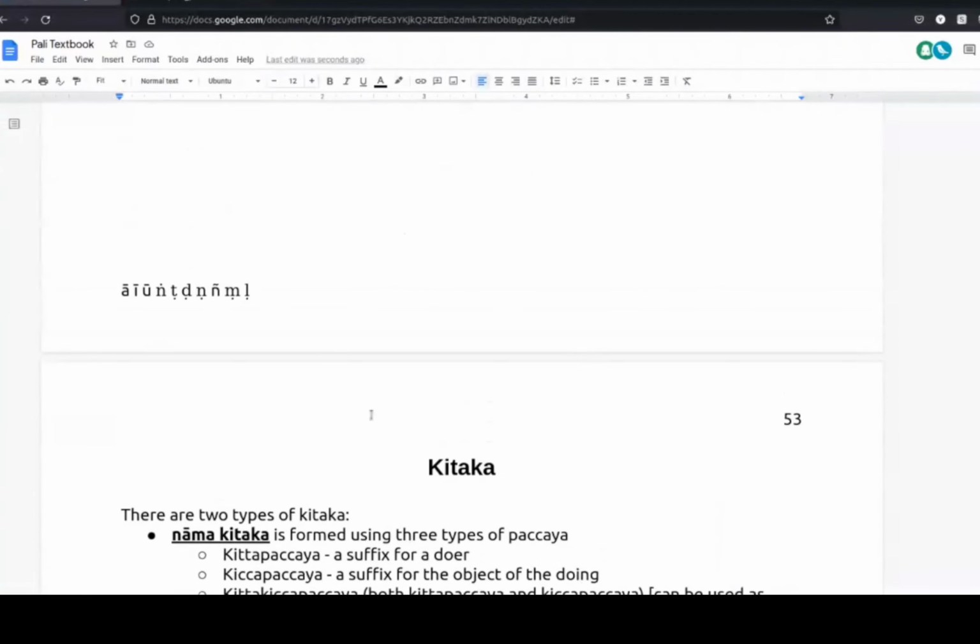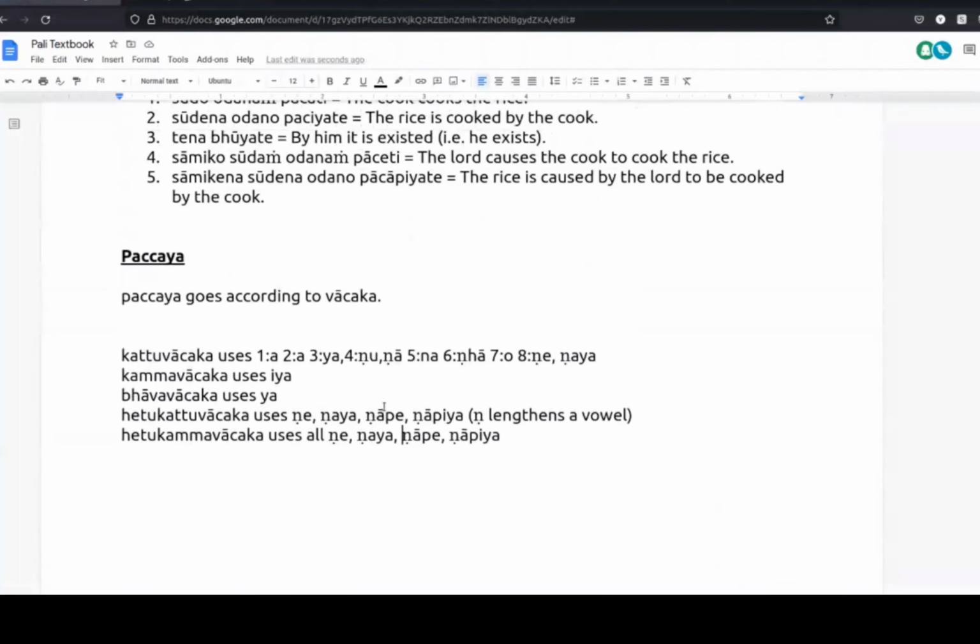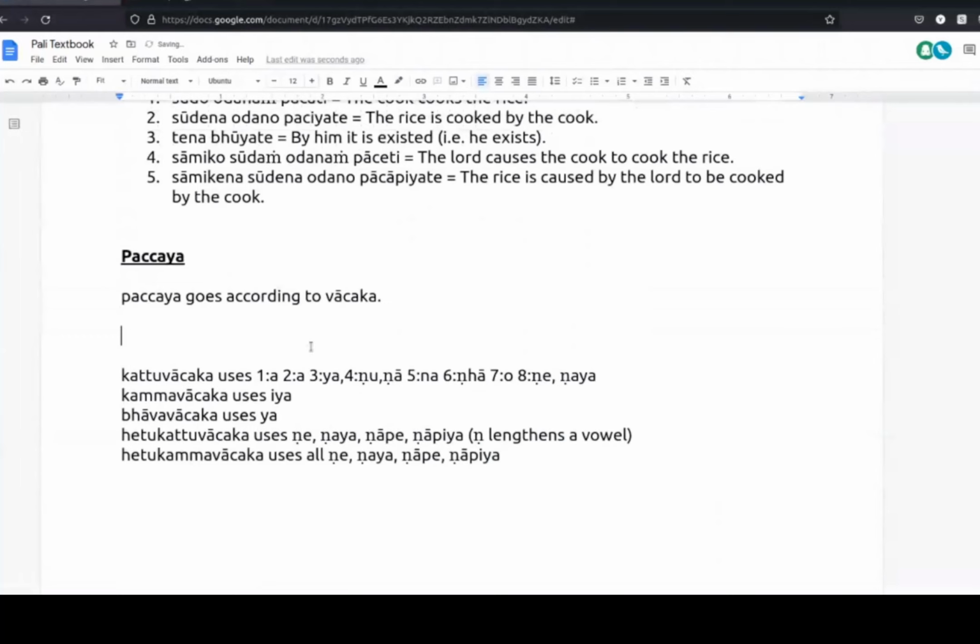Can I ask a question? What would be the difference between the katuvajaka for the 8th group and hetuka? Those last two, because they overlap the endings. So because of that, if you wanted to point out that it was causative, you wouldn't use this one for that group. Okay. So if you're causing someone to think, which something causes someone to think, you'd use